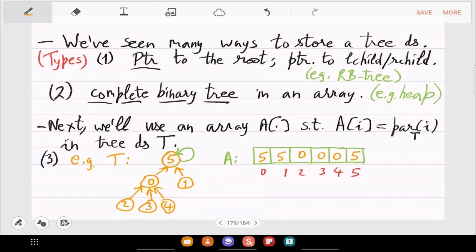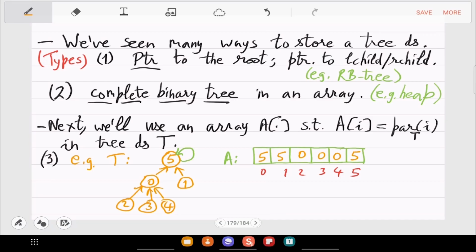So from the array it is clear there is a unique location whose parent is itself, so that is the root. So you know the root looking at the array, and basically the root is the fixed point in the array. Right? So the fixed point is unique. So 5 is the root, and then from there you can read the array and you can build the tree. So it goes both ways.